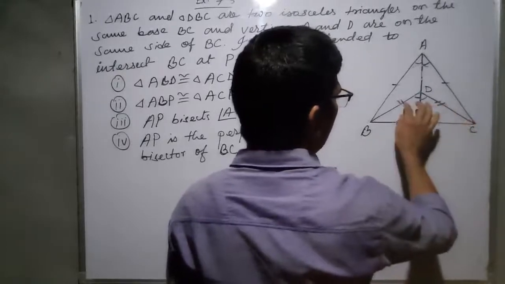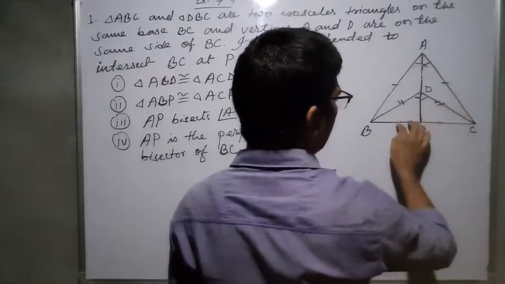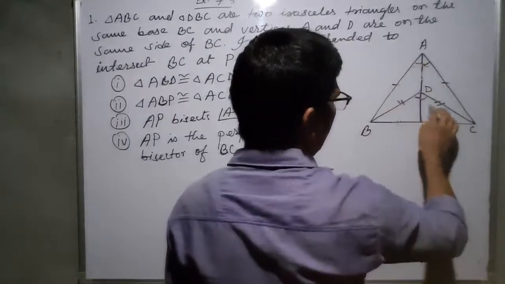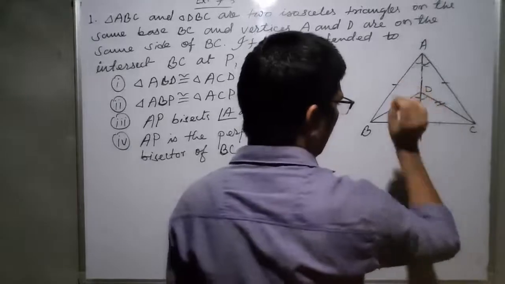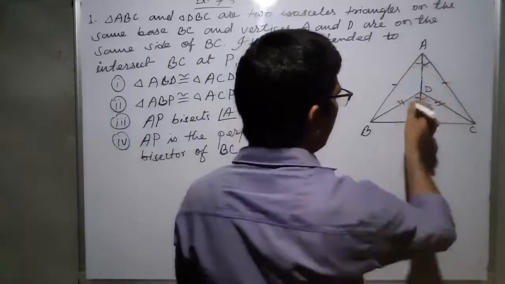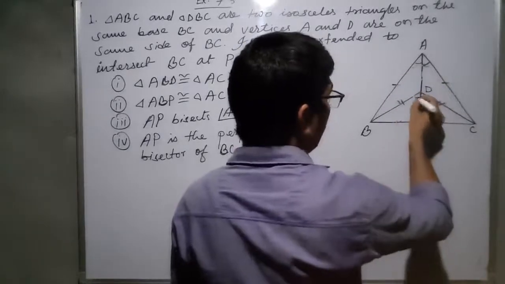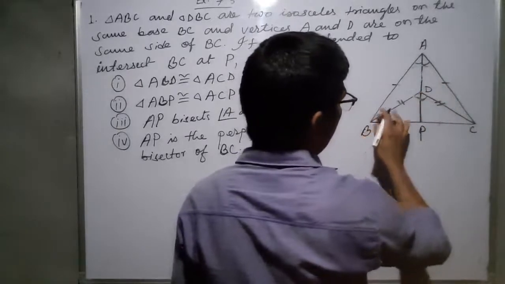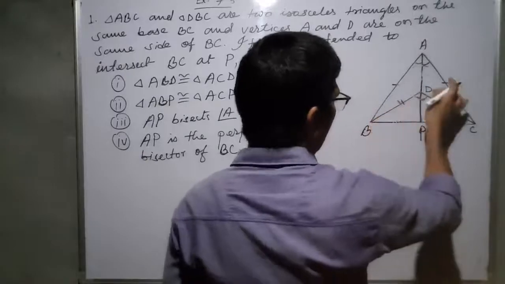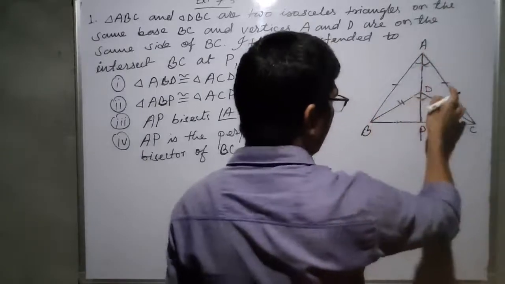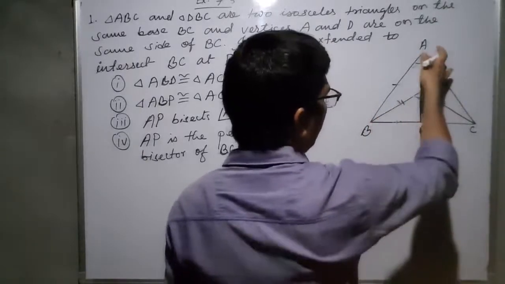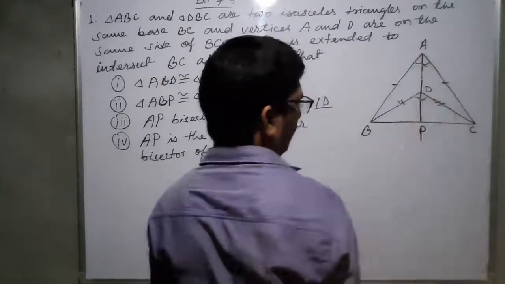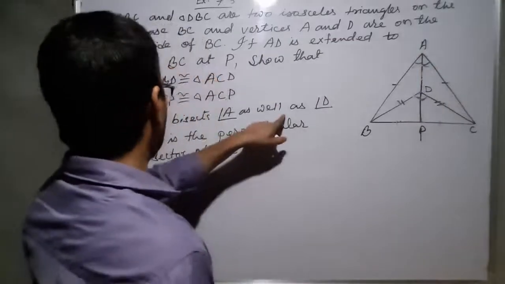Then this side equal to this side equal to this side, from CPCT, this is from the bigger triangle. And then DP is the common side. That's why these two triangles are congruent. When these two triangles are congruent, then we can write this angle equal to this angle. That means if these two angles are equal, DP bisects angle D, or you can say AP bisects angle D. DP is AD extended. So AP bisects angle D. Up to 3 we have completed.